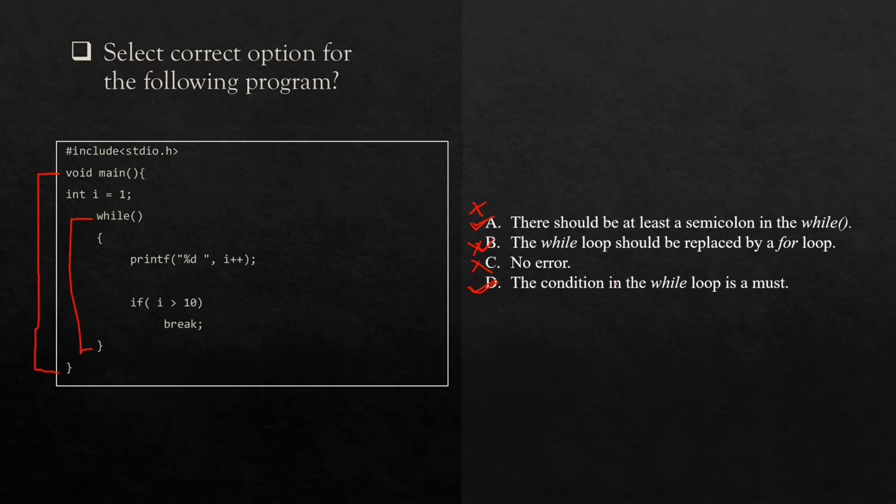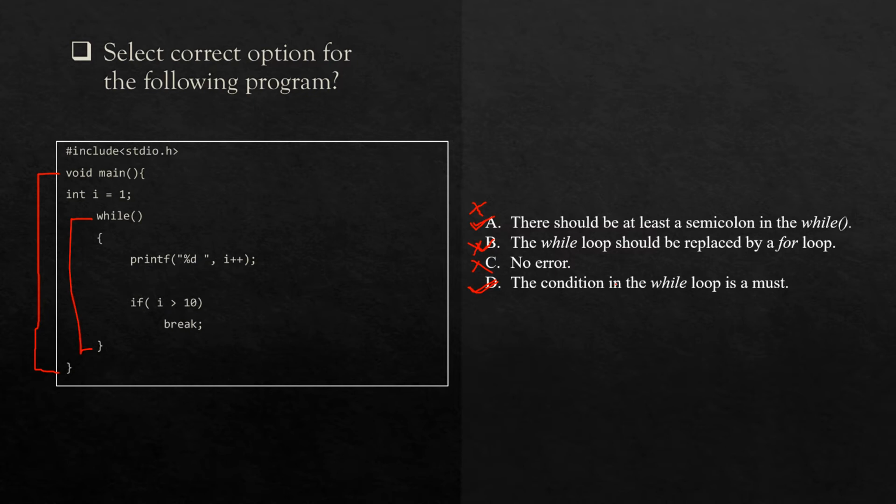We already discussed the same kind of example in the previous video, where we discussed the infinite for loop. To create an infinite for loop, we have to give the two semicolons inside this first bracket. Same way, if you want to create an infinite while loop, then inside this while, inside the first bracket, we have to give any condition. It should be a boolean expression which should return true.